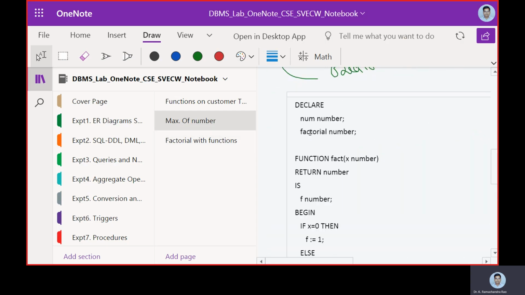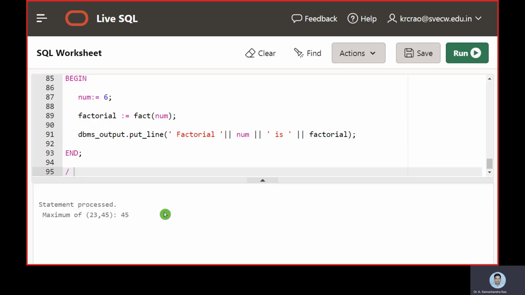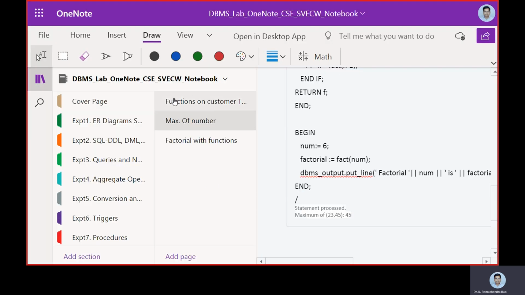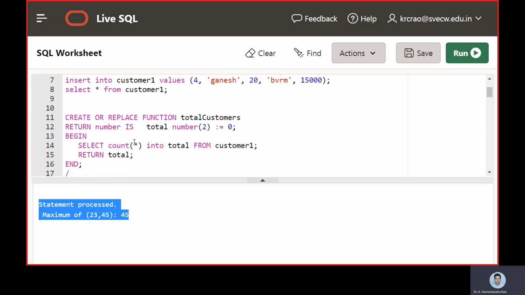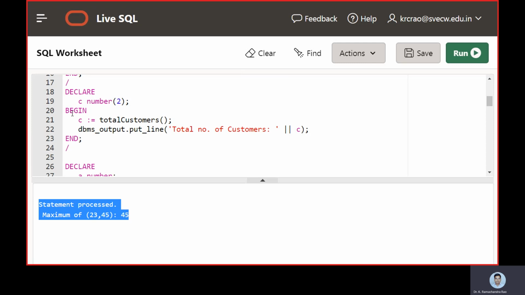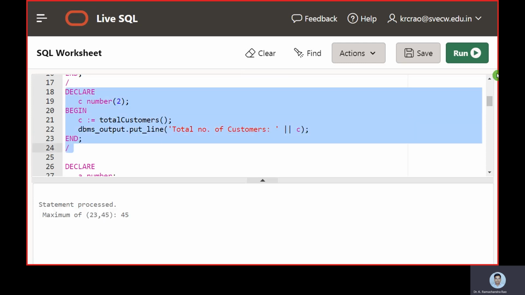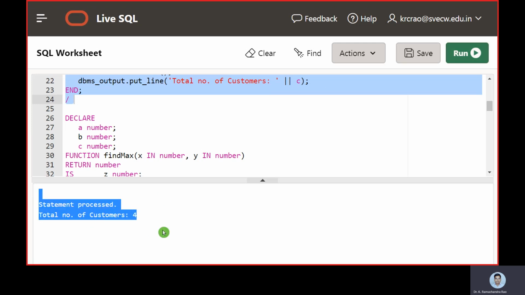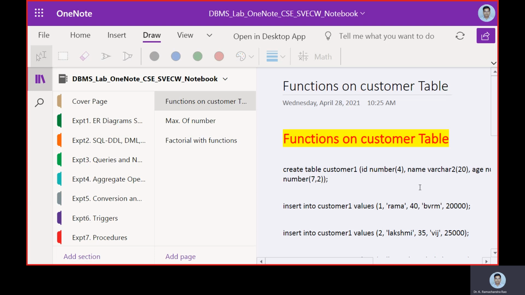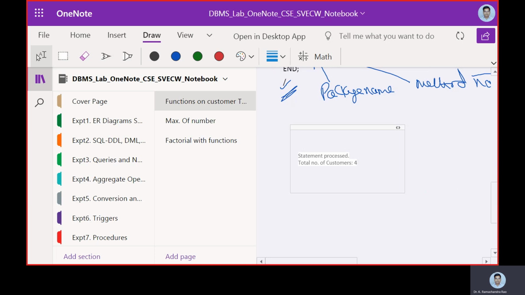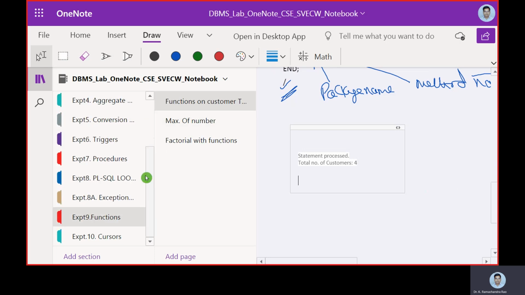Similarly, I will also bring up this again. So the total number of customers will be 4. With the answer, that will be easy for you for quick reference.